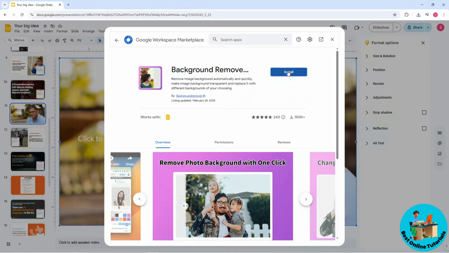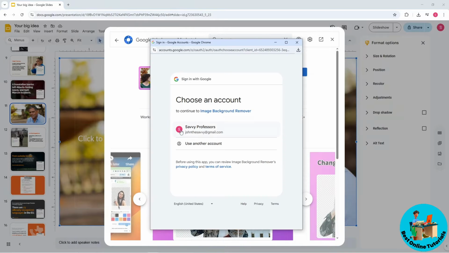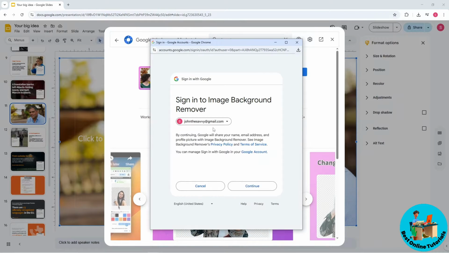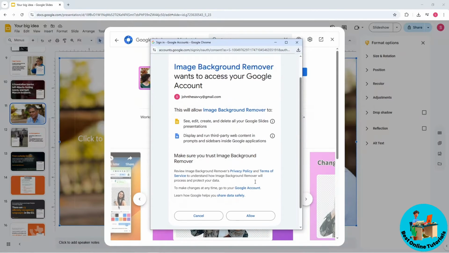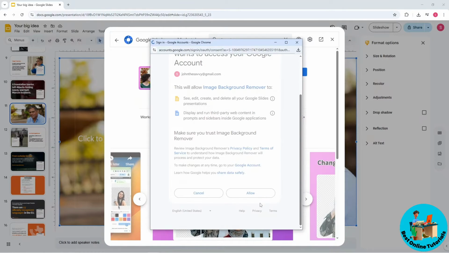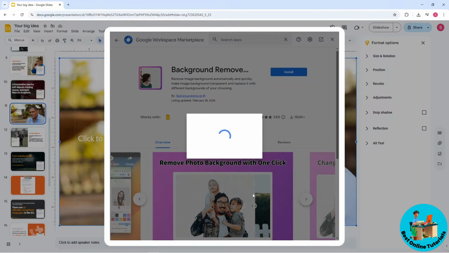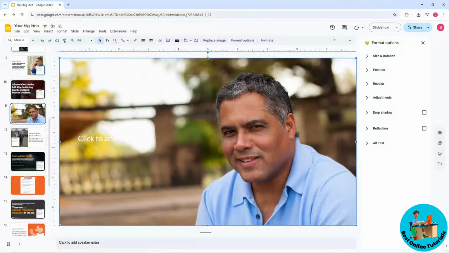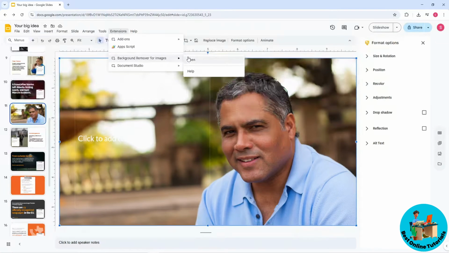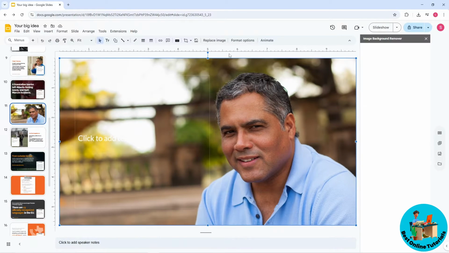And after that, just simply select install and just simply sign in into your account to install it. And now just simply grant access and allow it. And now once you have done that, it will be added into your extensions and you should be able to use this feature. Now, once it is done, go for the extensions, background remover, open, and just simply wait for